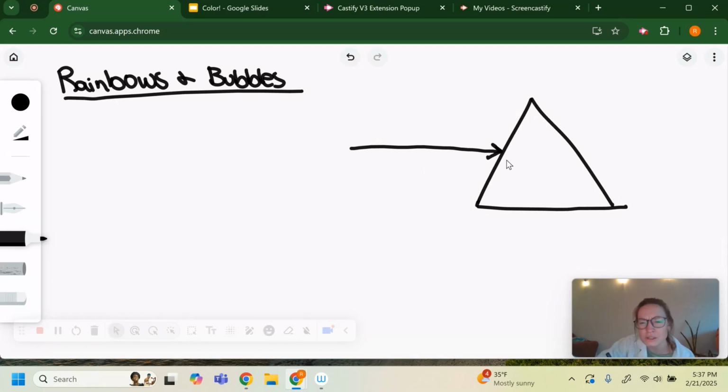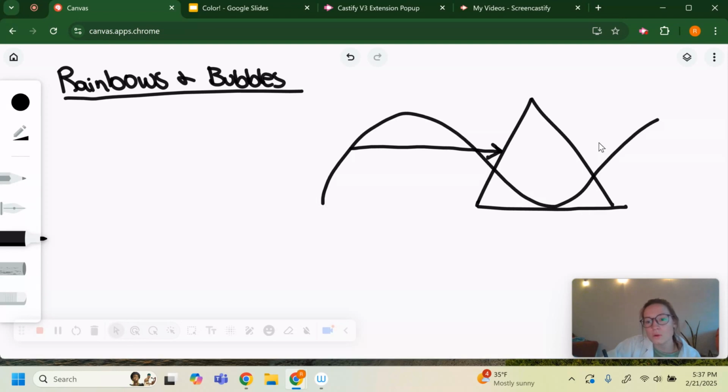But when light gets into a new medium, not all light travels the same speed. It turns out that some frequencies of light travel faster and other frequencies of light travel slower in new mediums. And there's a reason for that. If you had a really long wavelength like this, and that long wavelength light traveled through your prism, it wouldn't spend much time interacting with the molecules because the wavelength is so long that it could just kind of coast on through. But if you had a really small wavelength light on its way in,